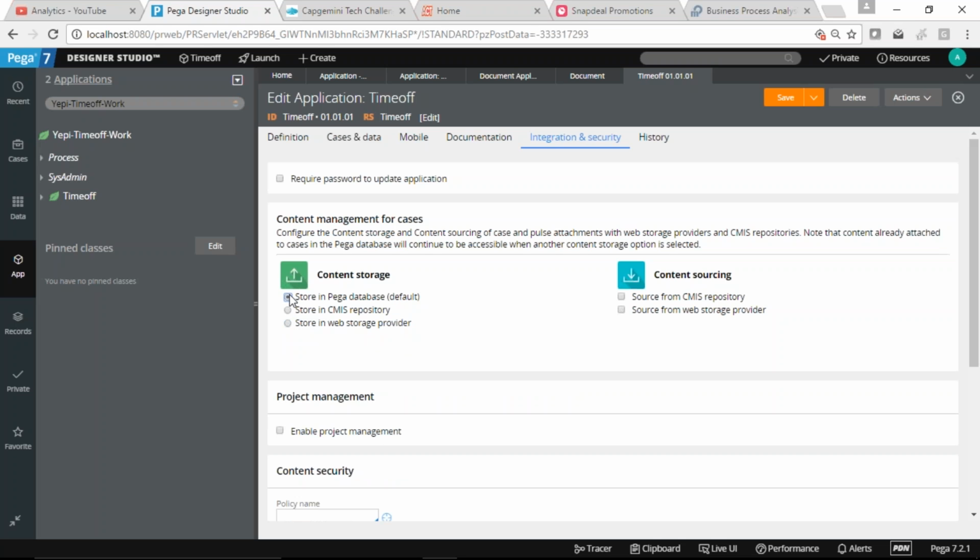Currently we are using the Pega database, so everything is stored in the database. When you say Pega database, it can be anything behind it: DB2, Oracle, SQL Server. Yes, that's right, depending on where we have installed our server.